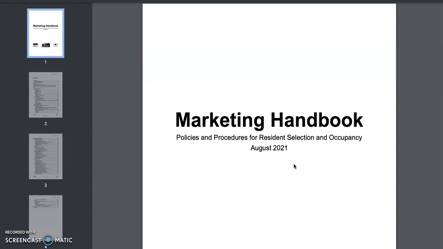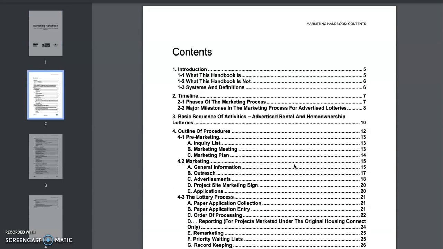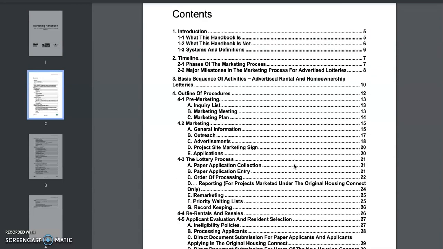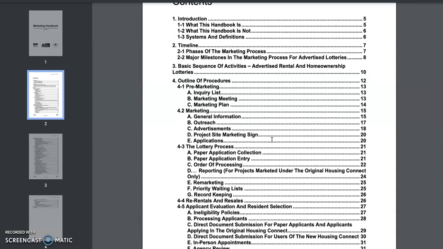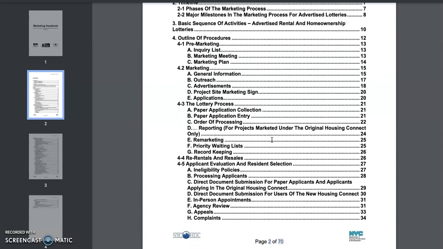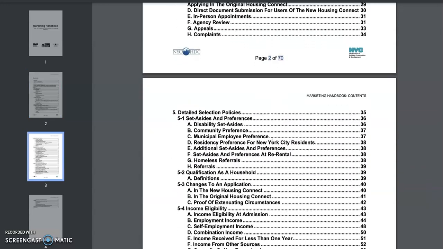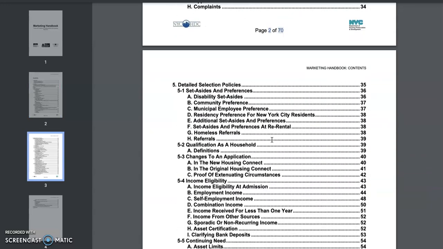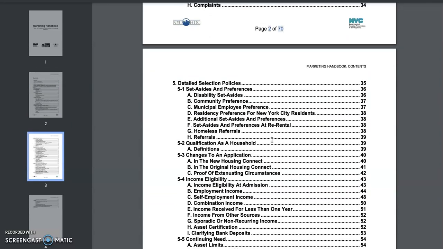Or if you have a little time on your hands, just read more about the affordable housing program in general, right? So you see all the breakdown right here. The top section has a lot to do with the developer side, the reaching out, the advertising. So if you want to learn more about the process, you can read this information. But for the most part, I want you to be able to go to where you need to get to based on your particular situation, right?